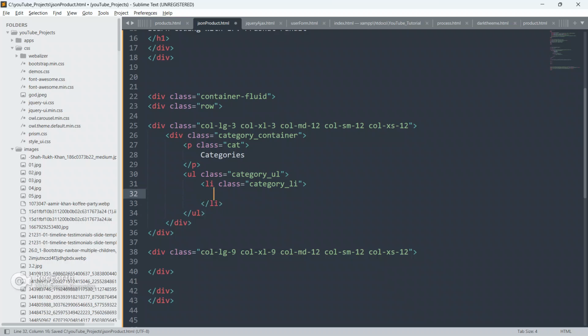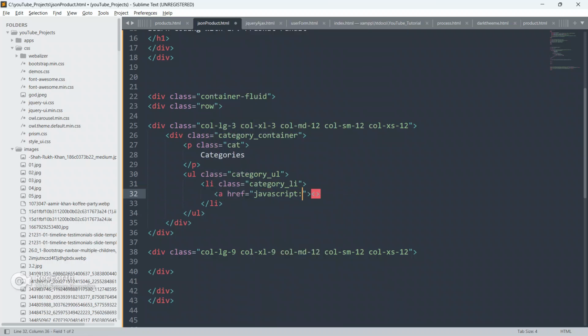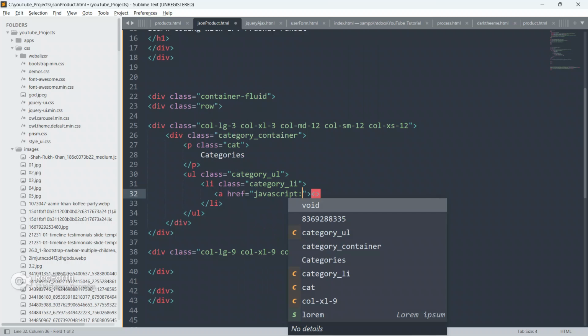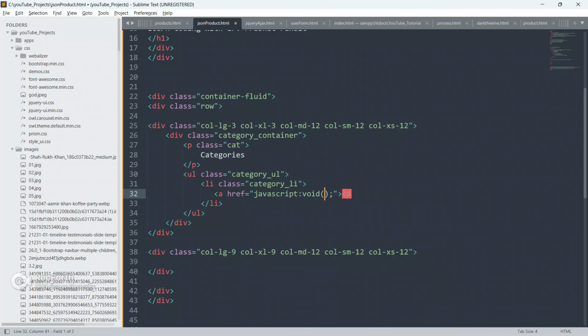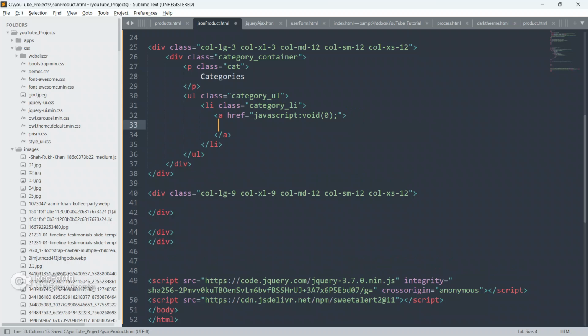Close this li now, and inside this li we have to create an anchor tag, give javascript void. Okay, so it won't redirect us anywhere. So close this a now.